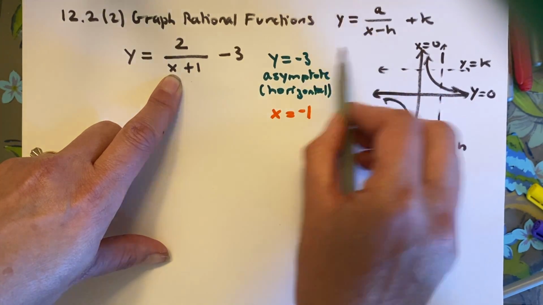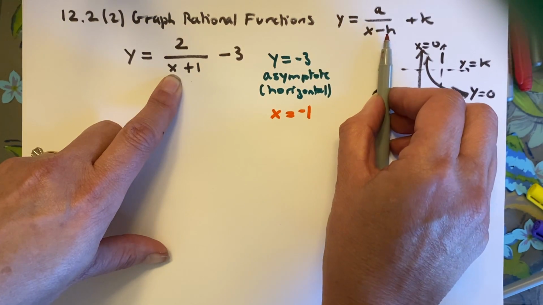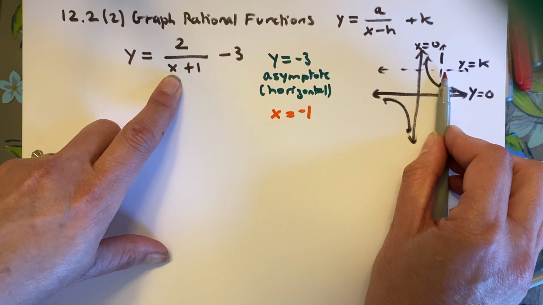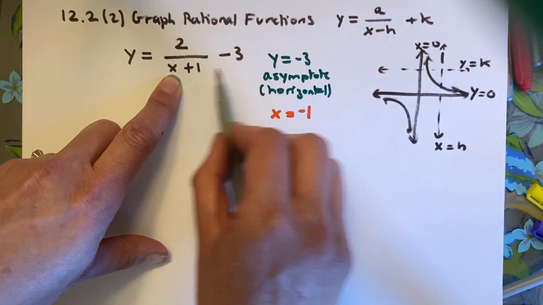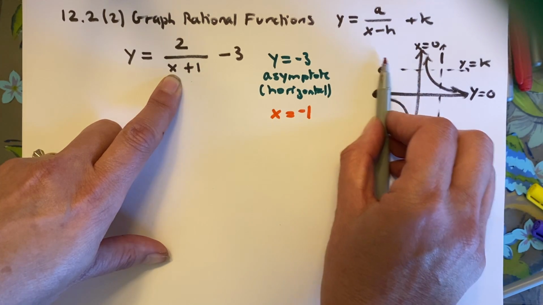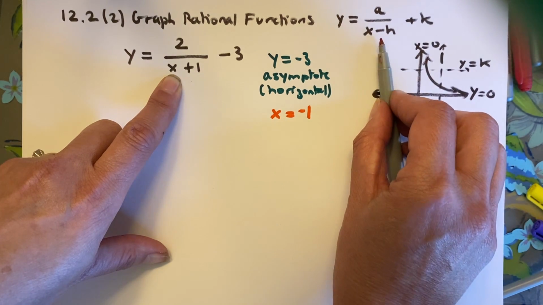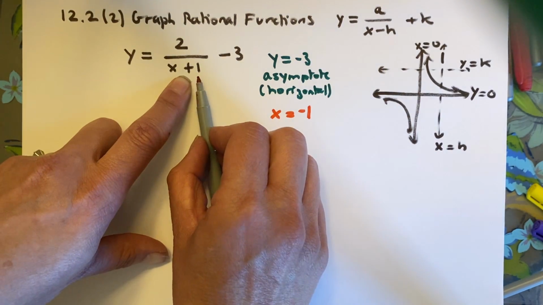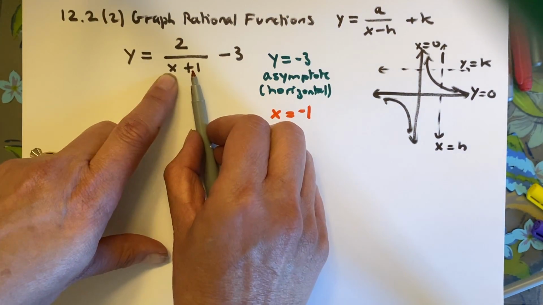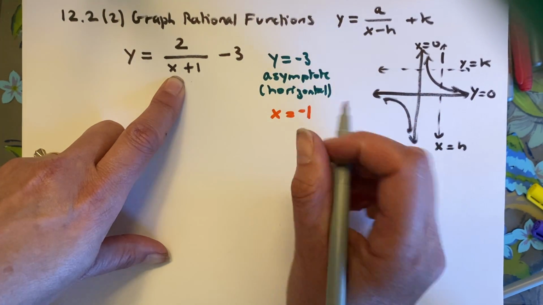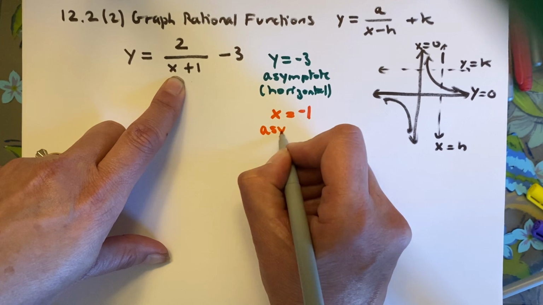Since when we had the value of 2 for h, it moved it to the right by 2 because h was 2. If I had a negative 2, it would move it to the left, and I'd end up with x minus negative 2, so x plus 2. This tells me I have a value of negative 1 in order to get x plus 1. That means this is my other asymptote,